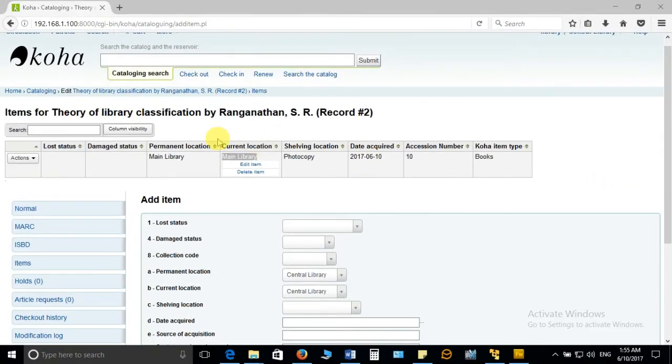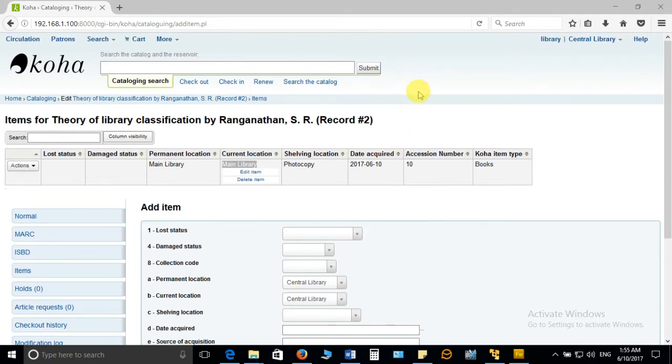In this video, we are going to discuss how we can add multiple copies to one title. Let me start by explaining the concept of multiple copies here. Actually, suppose we have taken one book, Theory of Library Classification, last year, and next year some faculty or